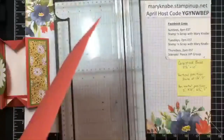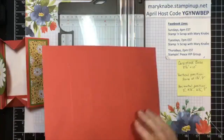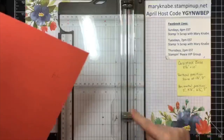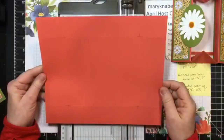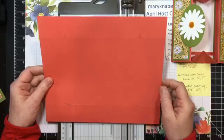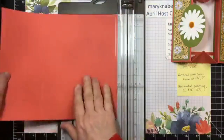You'll definitely want to use your paper trimmer, and you do need the scoring tool on it as well. You're going to start with a piece of cardstock that measures 8.5 by 10 inches. So you'll be cutting off 1 inch on the long side, which I've already done. So you can see here,